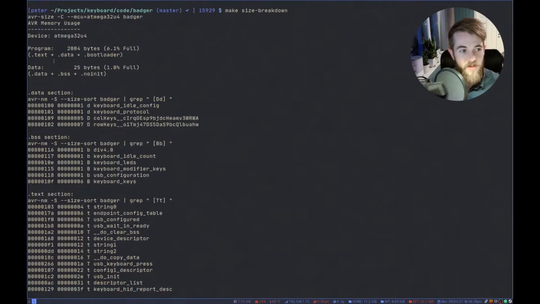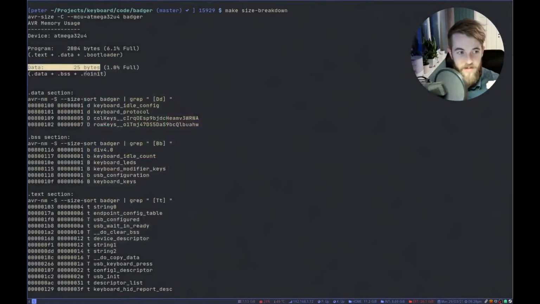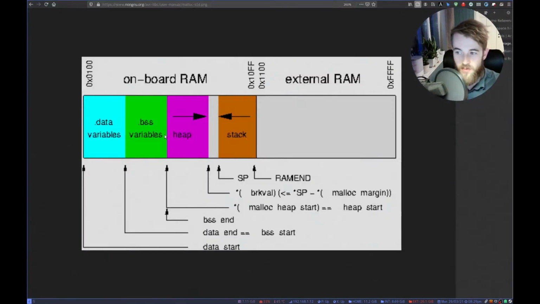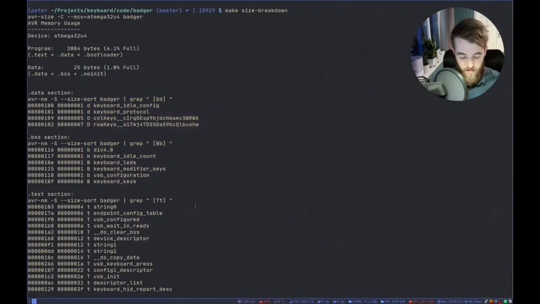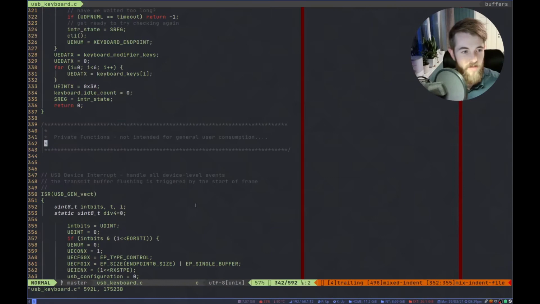So we really want to keep our data low so that we have room for our stack and our heap, and we don't want to fill this up too much. I mean, we can have some stuff here, but we don't want to fill it up too much. So what we can do in order to not fill this up, and if we look in the USB keyboard stuff here,